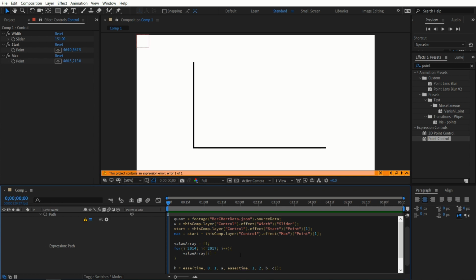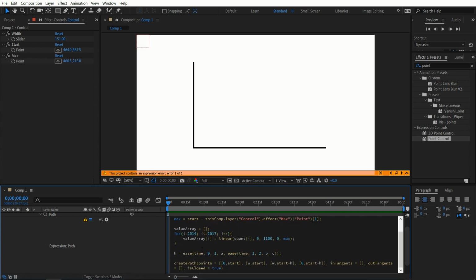This is going to be our linear transformation. So it's going to be linear, comma, and this is just what we did before. So it's going to be quantity. But instead of having just the quantity of 2014, we want this to cover the quantity of all the years. So that's just going to be quantity I. And then it goes from 0, comma, 1100. And then from 0 to max. Just like that. So what this does is it essentially organizes all the data just for tripods into one single